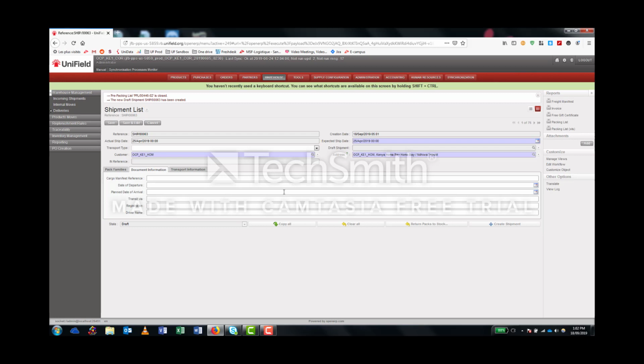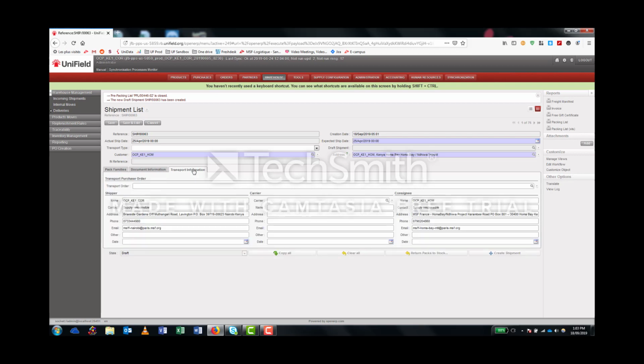In terms of document, as I said during the theory, if it goes today, it has to arrive today. It has to be a short trip. There should be no stop, so no transit. We can put the driver's name. The driver's name will be Klaus. Let's check the transport information now. The name of the carrier is Klaus. His address is MSF Compound.